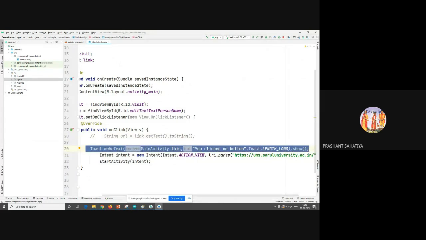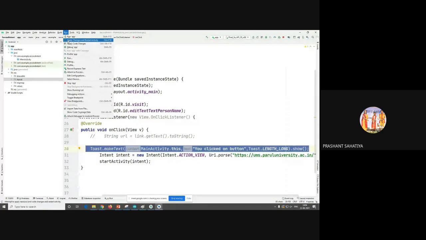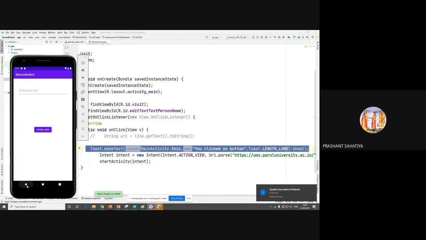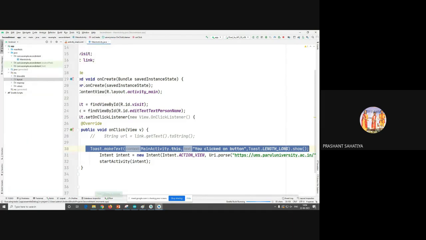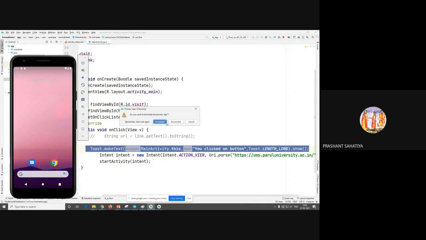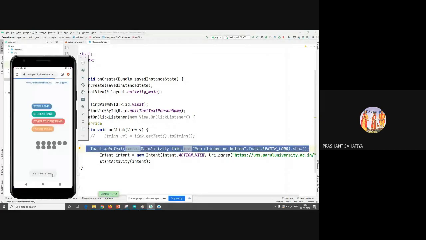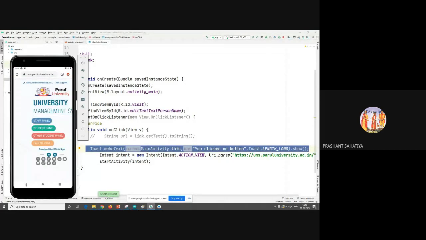Display करने के लिए you have to implement the show. Okay. So here you can see you clicked on button. Visible? Everyone?